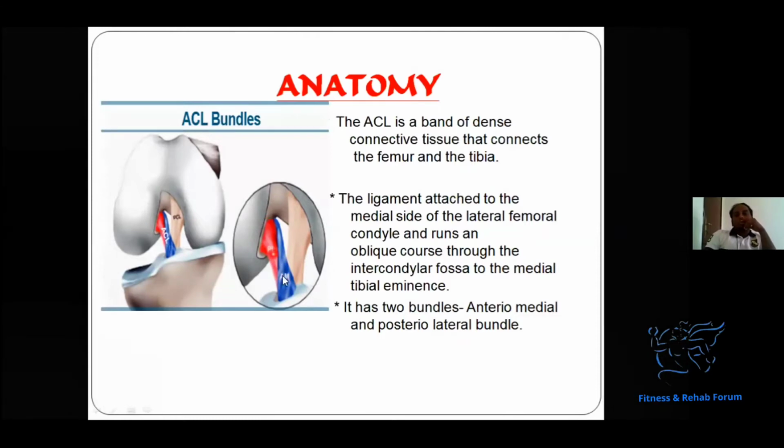The importance of knowing the bands will be clear when we discuss the surgery part. There will be surgery options like bundle specific, so they will be doing one bundle at a time. In that case, the rehab is a little quicker. The player can get back to the sport a little quicker compared to